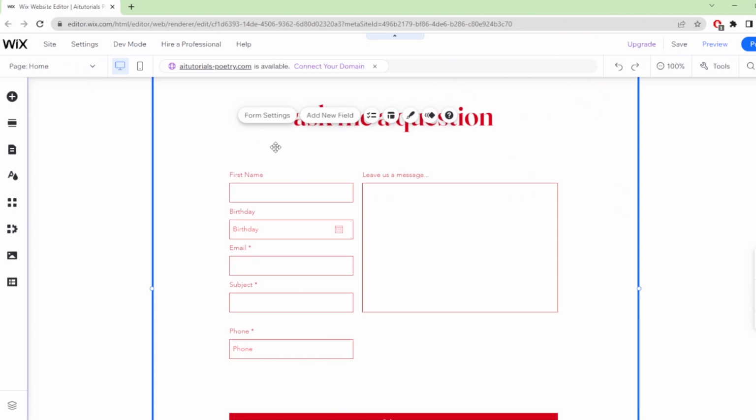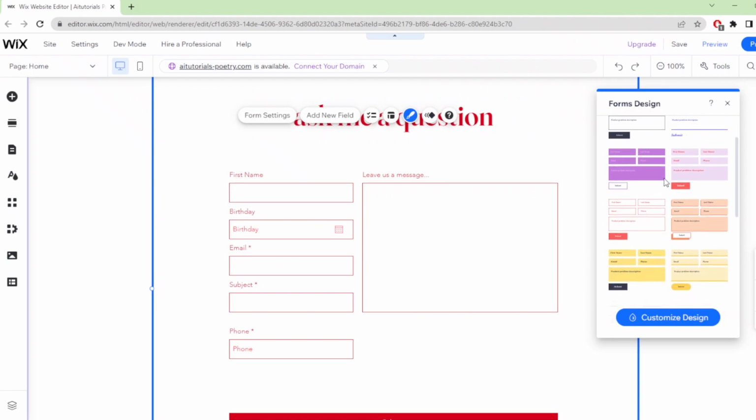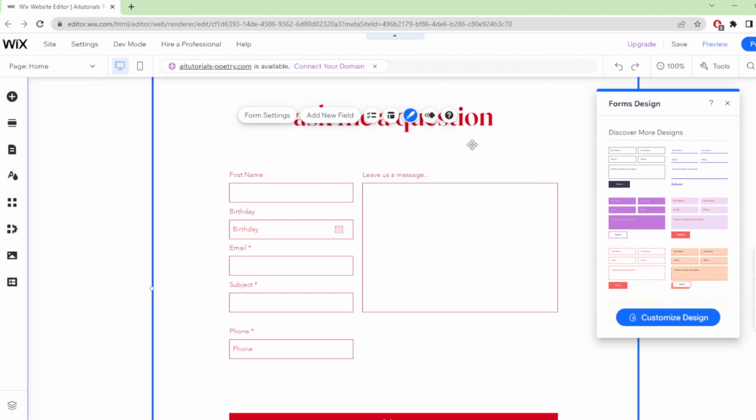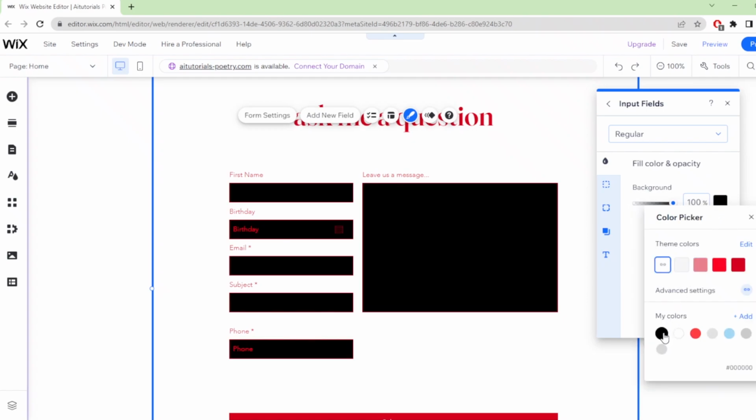So here let's say you want to change the design of this form template. To do that, just click on this design button with the little pen. So here you can see all the form designs that are available. So let's say if you want to change the design of your current form, you need to click on this custom design button, and here let's click on this input fields and let's click on this field color. So as you can see it's white right now, but you can change it into a black one,